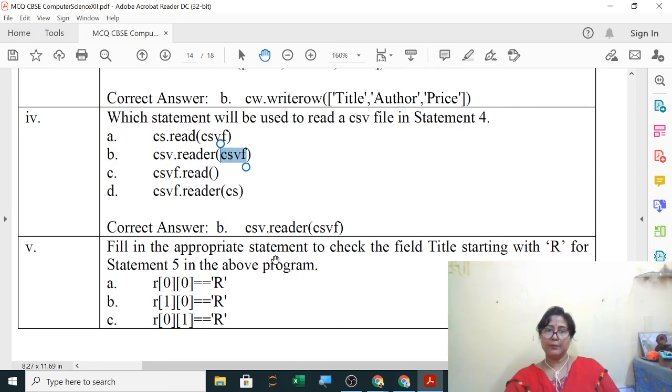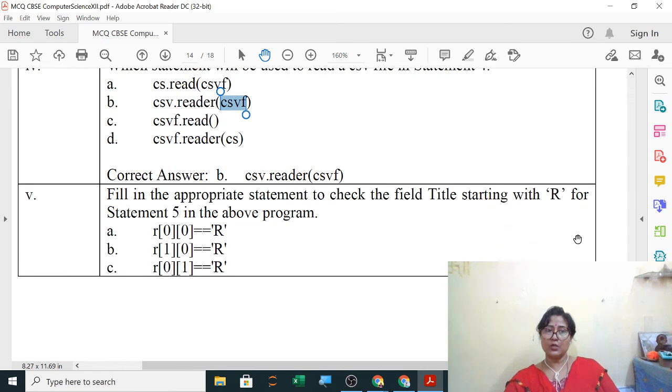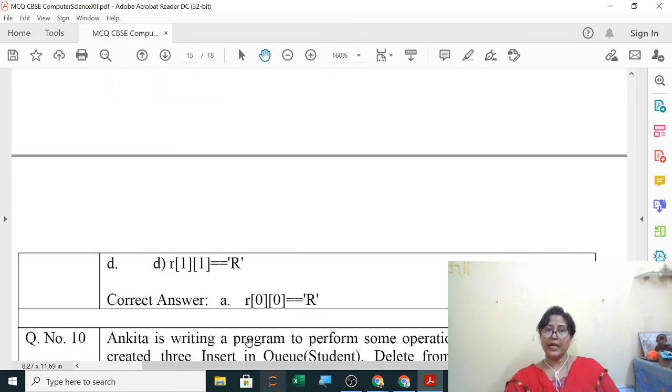Now fill in the appropriate statement to check the field title. Now the if statement was given, here you have to check the field title starting with R. So field title, you will check it. Title, I think it was 0, and starting with R is also 0. So it will be option A, that is 0 0 R.